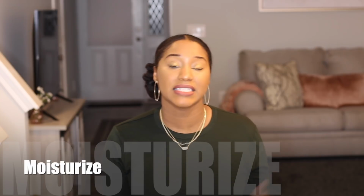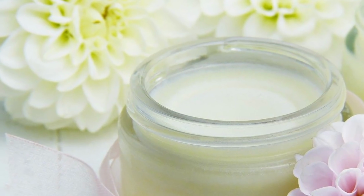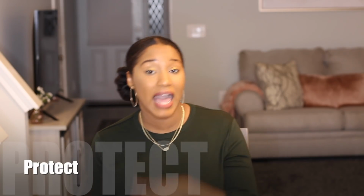So after you have done your pre-poo, this should help significantly when it comes to your shampoos, your conditioner, and everything after that. The next step, of course, is moisturize. This can be a liquid-based moisturizer or a cream-based moisturizer. Now when it comes to the product standpoint of this, you can have a balm moisturizer, but if you have the wrong protectant, which happens to be the last P,